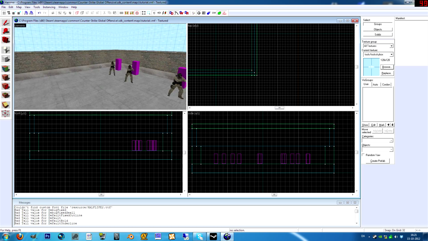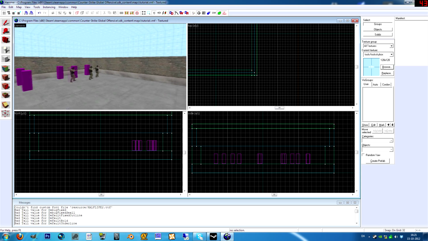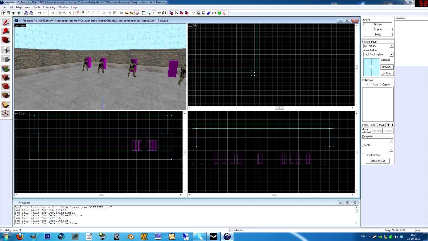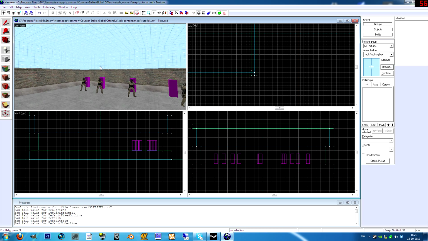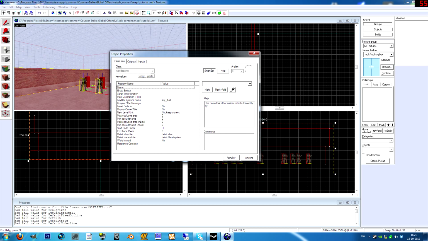So we've got a basic level, but if we compile it now and play it, there's not going to be any light. There's going to be no sunlight. It's going to be completely dark. So before we move on, we want to select the skybox texture, what skybox we actually want. So save your level, and under map, go to map properties, and under skybox texture name, you're going to type in the name of your skybox,